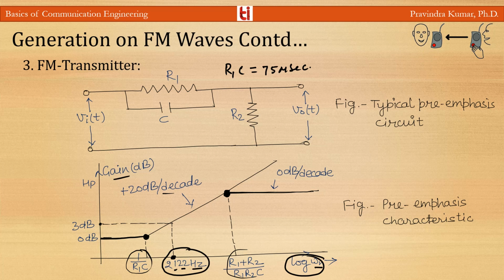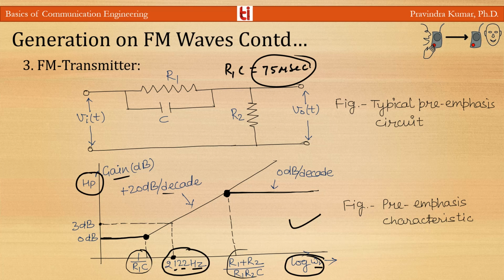Here the angular frequency is taken in log form, log omega, and this is the gain in dB or transfer function of the system. As the modulating frequency increases, the reactance of C decreases and the modulating voltage applied to the FM modulator goes on increasing. The frequency response characteristic of an RC high pass filter will be like this. The amount of pre-emphasis in US FM transmission and sound transmission in TV has been standardized at 75 microseconds.